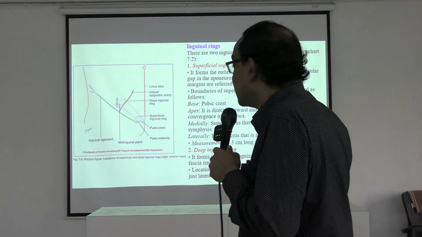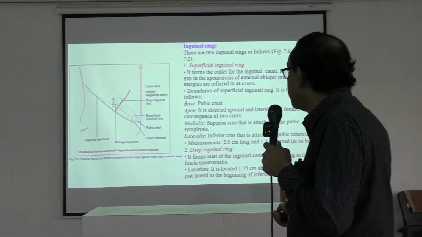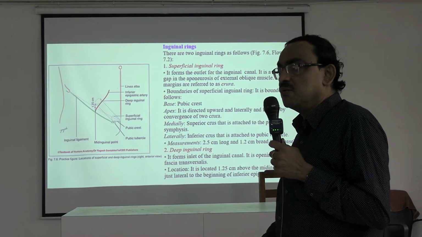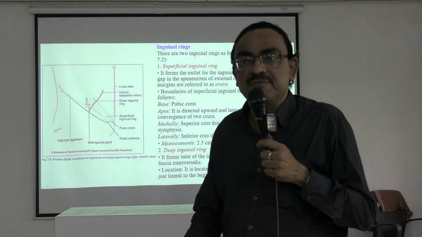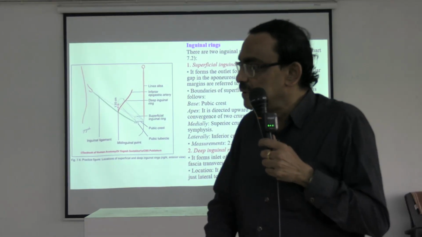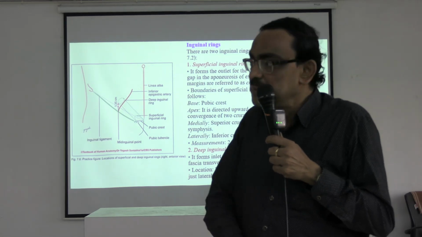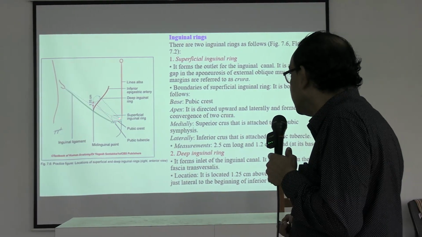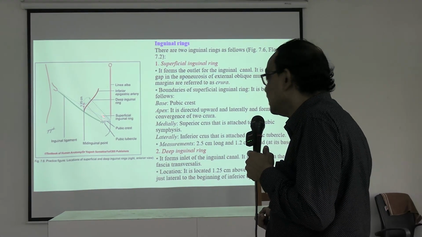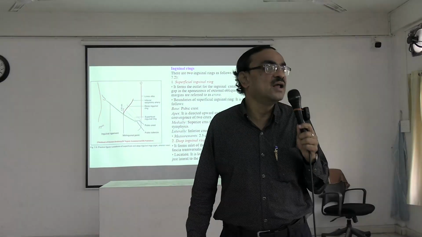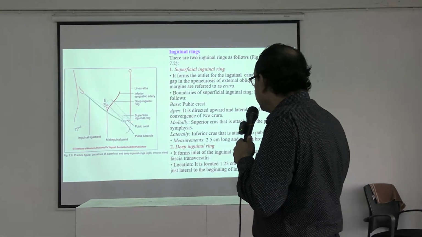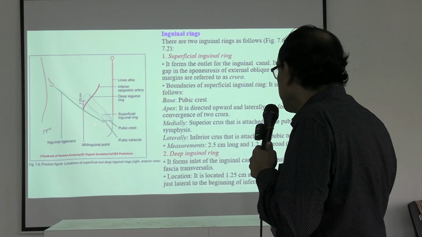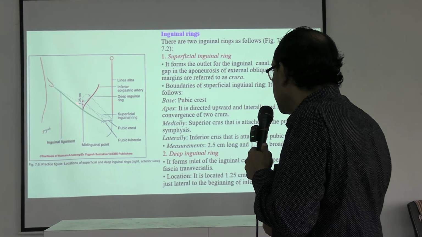So why is this pubic tubercle very important? Above and medially, if we get the swelling, if any viscera comes out to that area, there will be projection. There will be swelling in the abdomen. So that swelling or hernia, if it is above and medial to this pubic tubercle, it is inguinal hernia. And if it is below and lateral to this pubic tubercle, this area is called femoral